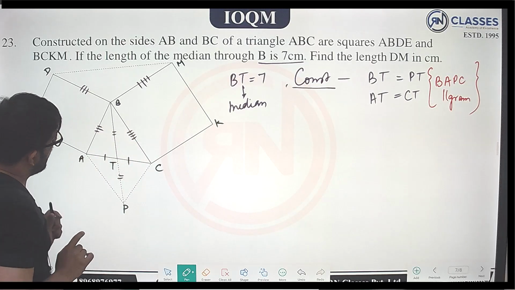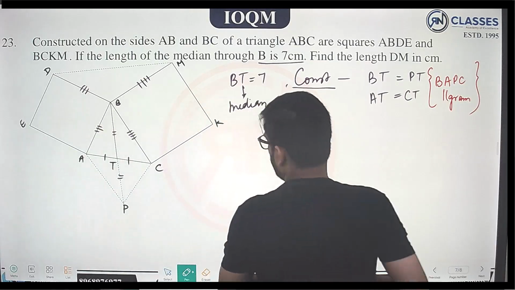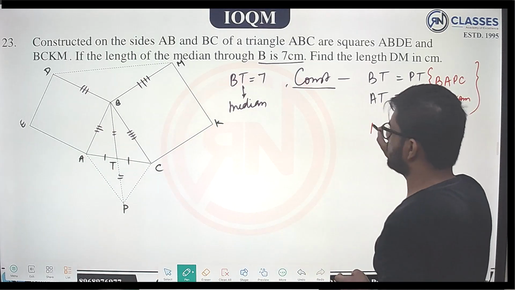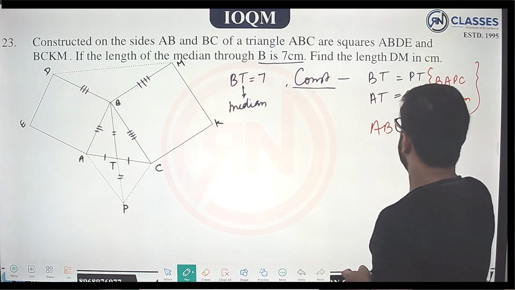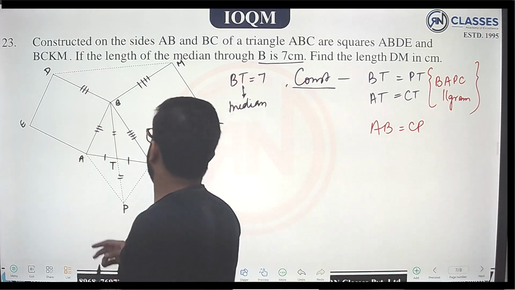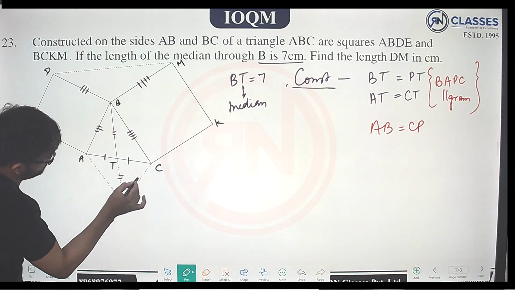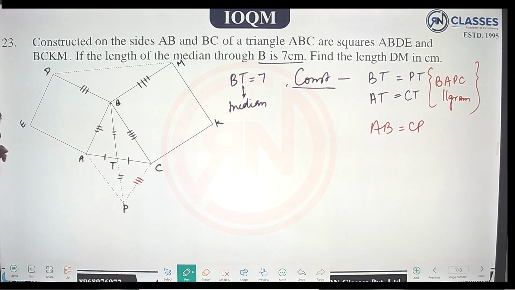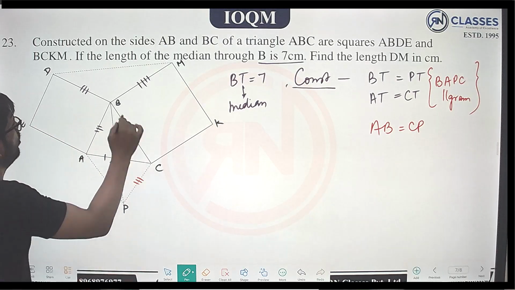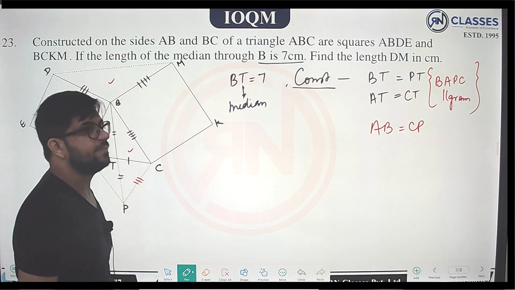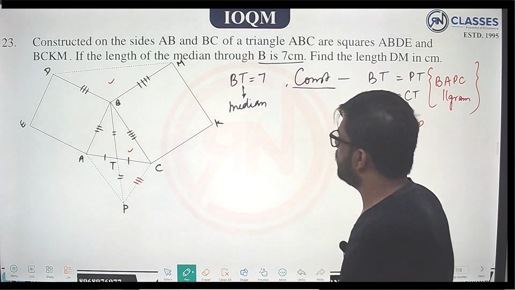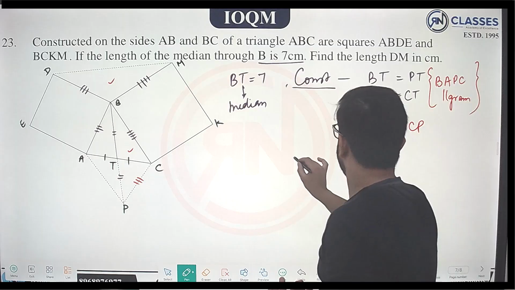ठीक है, अब बिकॉज इट इज अ पैरेललोग्राम, मैं एक और इंपॉर्टेंट चीज कह सकता हूं, AB इज इक्वल टू CP. मतलब कि AB इज इक्वल टू CP, मतलब कि ये इसके बराबर आ चुका, ये इसके बराबर आ चुका है. तो ये ट्राइंगल और ये ट्राइंगल की बात हो रही है. ठीक है, ट्राइंगल उठाई मैंने, कहां गई? ट्राइंगल